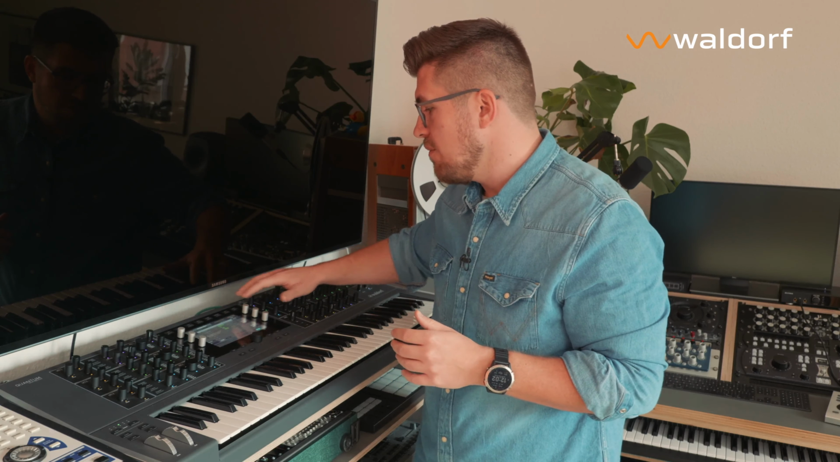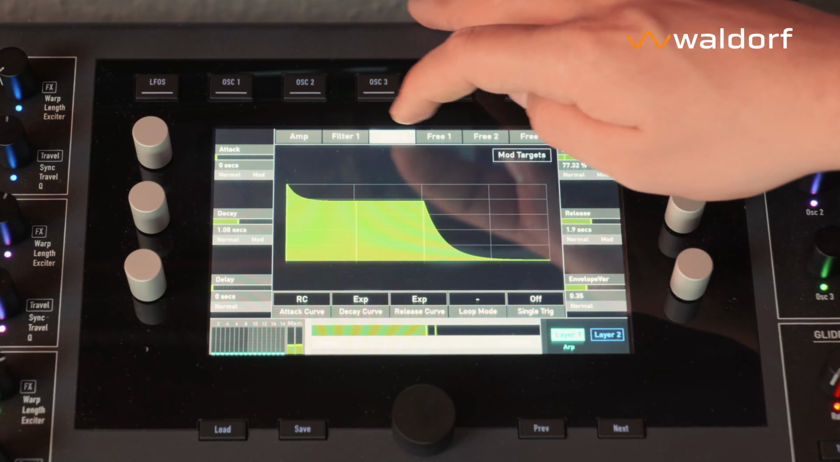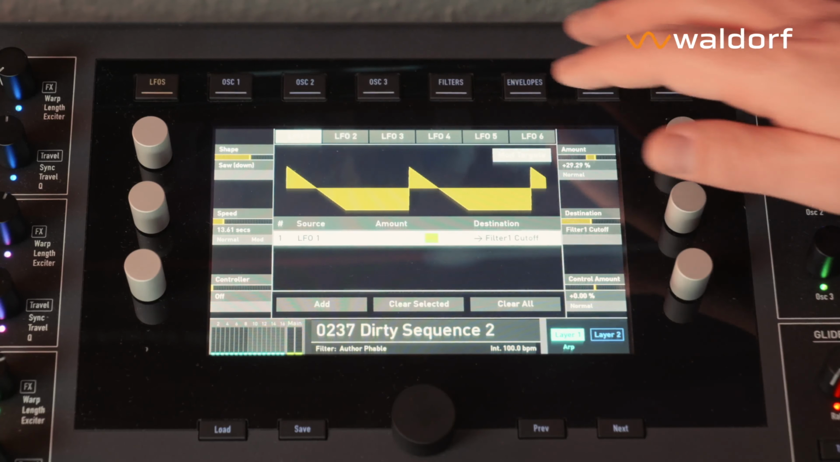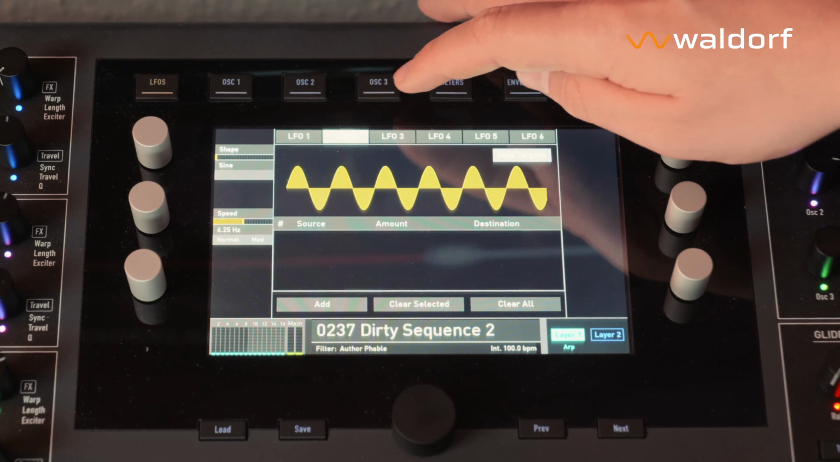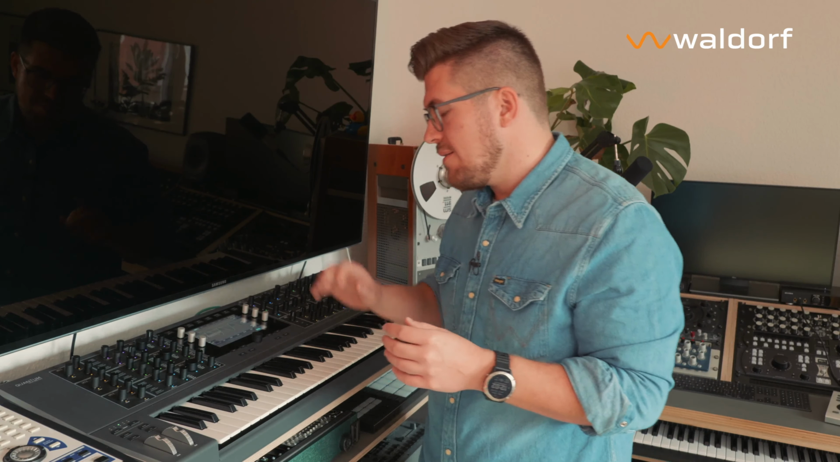If you go into the mod section or into the envelope section, you see that you have 6 envelopes plus 6 LFOs. So 6 LFOs plus 6 envelopes plus the complex modulators, that's a lot. And everything can be modulated with everything, so to say. And the most brilliant part about the whole modulation scheme of the Quantum is, for me at least, the assignment